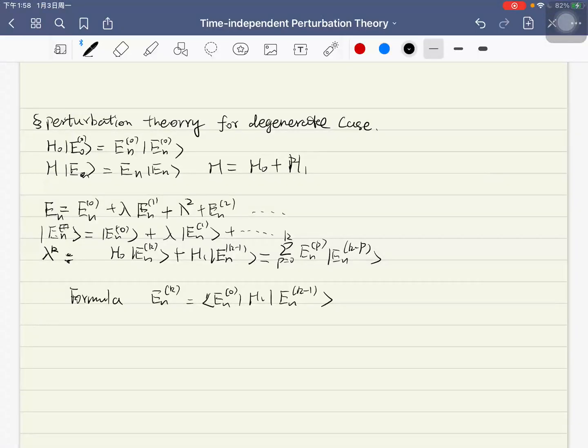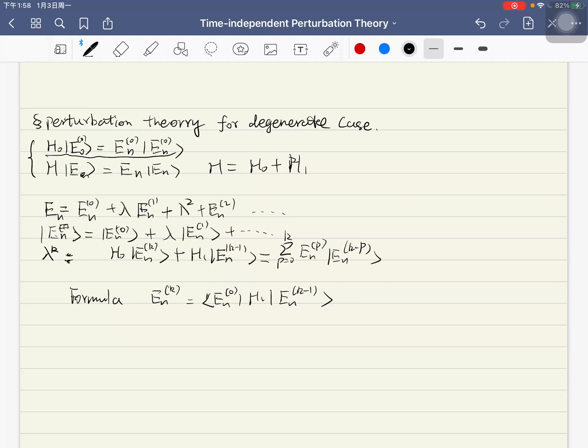Hello everyone. In this section, I want to introduce the perturbation theory for the degenerate cases. In the previous sections, I introduced the basic formulas of the perturbation theory. And first, we have these two basic assumptions. First of all, we assume we have solved the